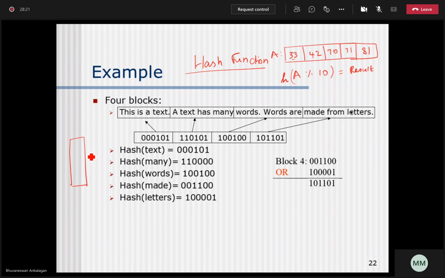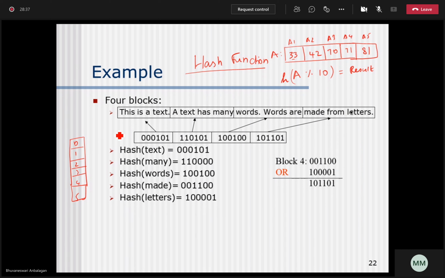This will get hashed towards some value 0, 1, 2, 3, 4, 5. So this is going to be a1, text 1, text 2, text 3, text 4, text 5.